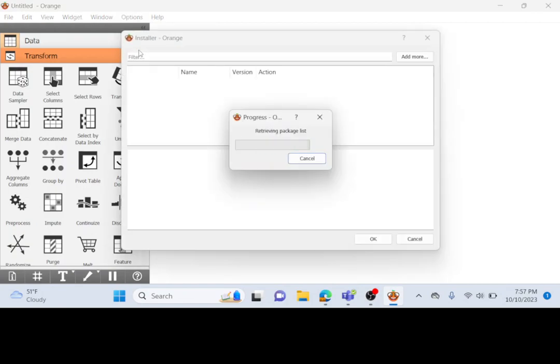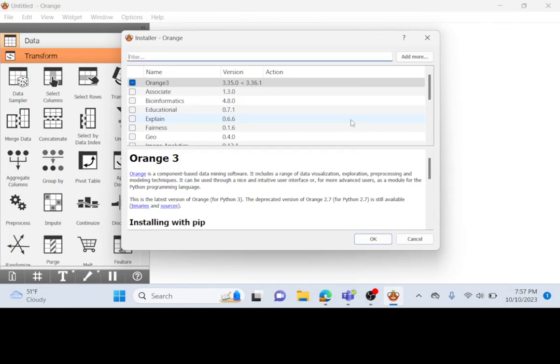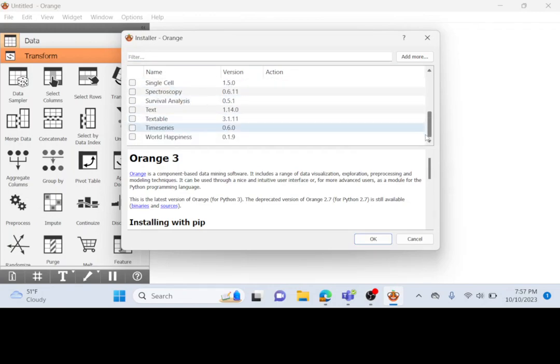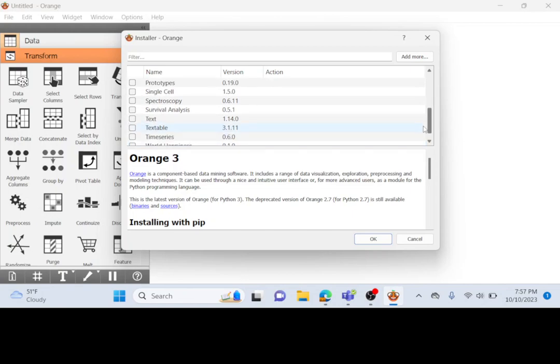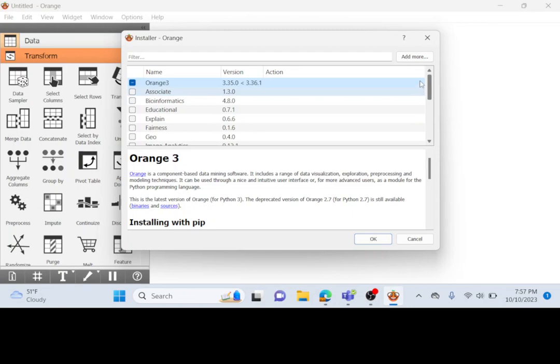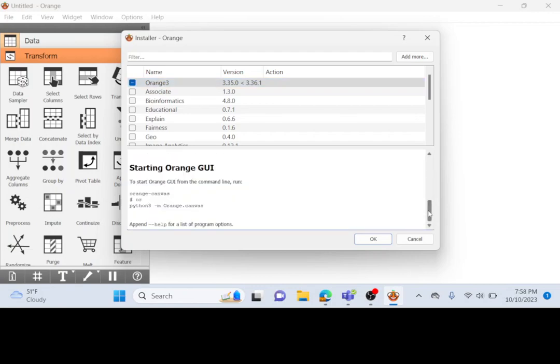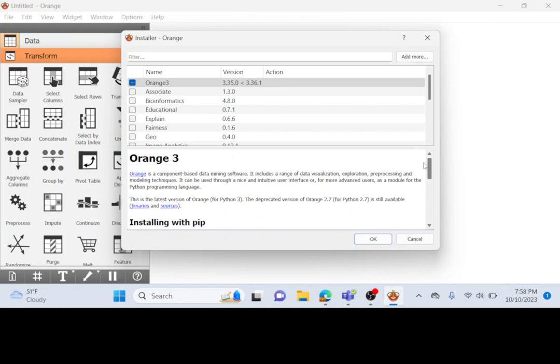This links to the Orange site, and kind of like R, there's a whole bunch of other stuff you can load into Orange. Most of this we won't work with. A lot of this is like spectroscopy and image analytics and bioinformatics. Orange has been used for, I think, greater than 20 years in the PhD life science research community. It's just now appearing in other things because it is a very easy and friendly to use tool for data